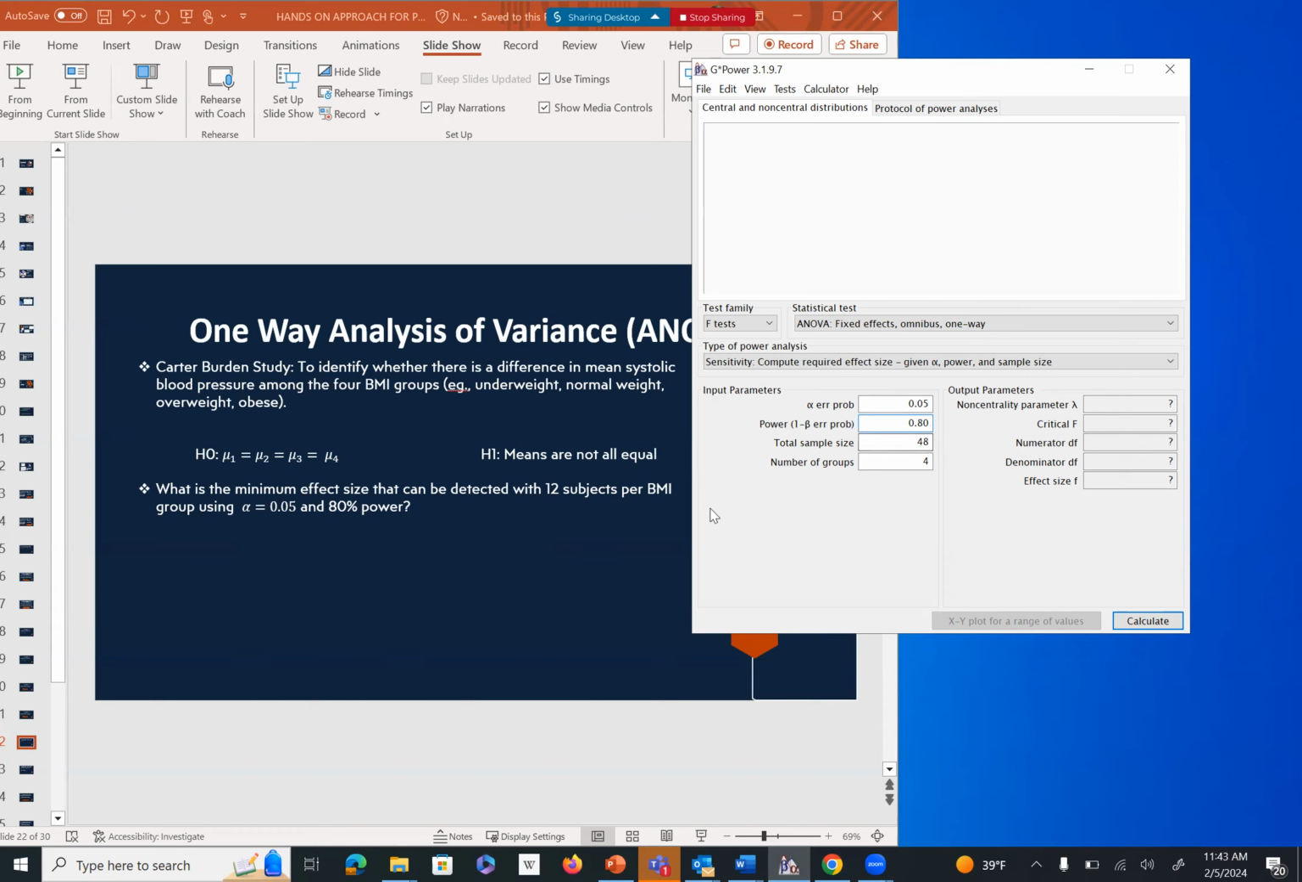Here I'm saying that can be detected with 12 subjects per BMI group. So in the 4 BMI groups, I included 12 individuals, so the total sample size is 48. And the number of groups here is 4. I calculate the effect size, which is 0.49. Now, if you go back here,